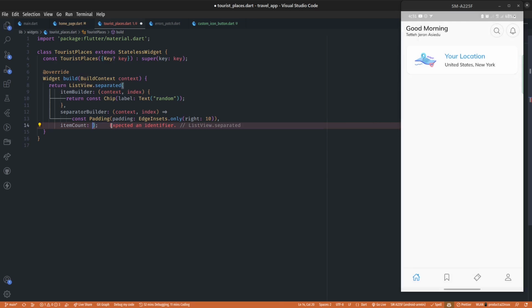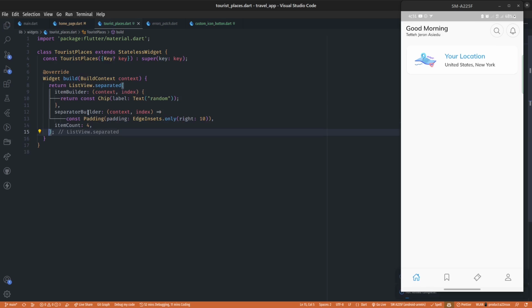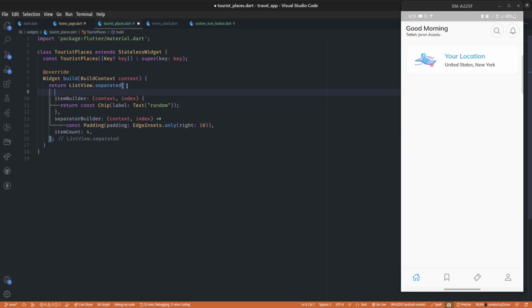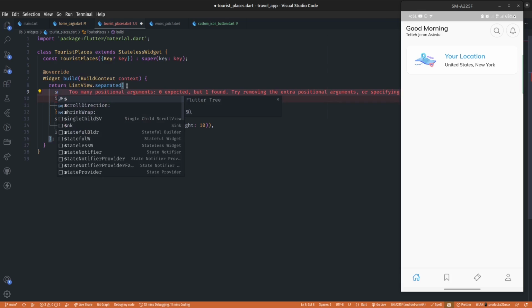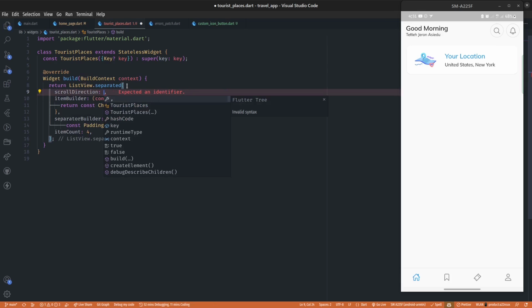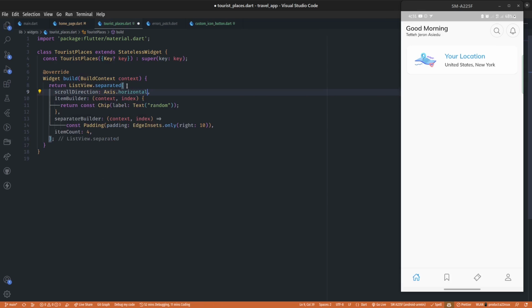And the item count for now is just going to be 4, but this is going to be dynamic very soon. Also we want to change the list view scrolling axis, the scrolling direction, to Axis.horizontal, because we want to scroll this way and not the default way. Now one problem we will encounter